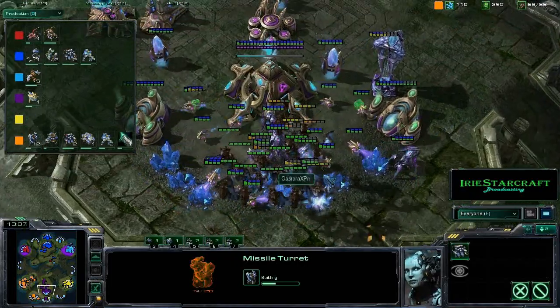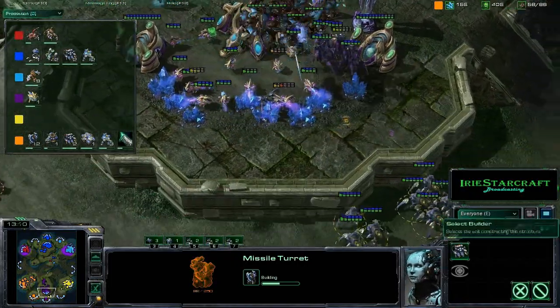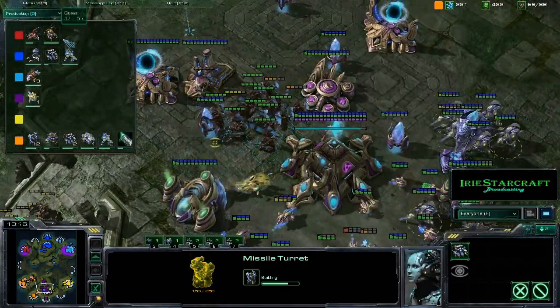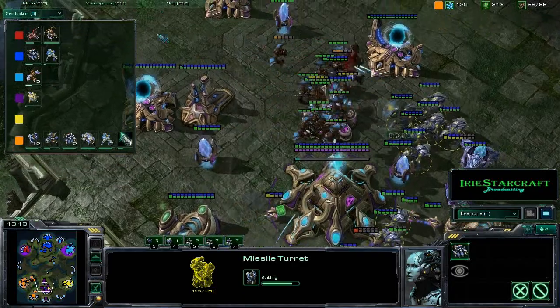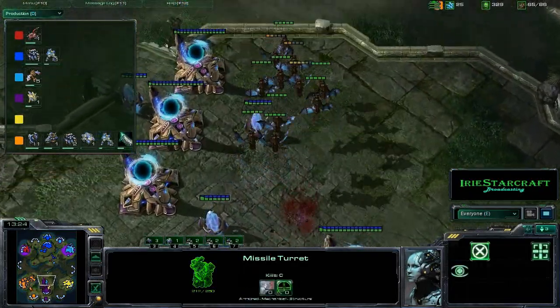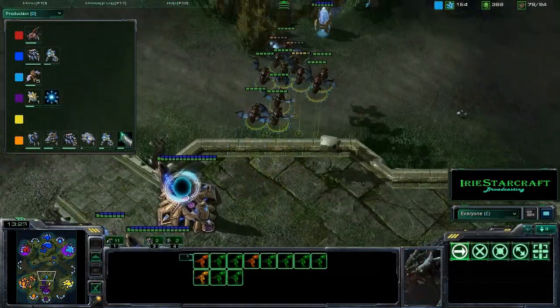And these Mutalisks possibly getting a little ahead of themselves, hovering over a bunch of Stalkers, actually running away. Probably should have just kept fighting there, as BaByBlUe has now blinked his Stalkers up to try and kill. A lot of Mutalisks are going down right now. And yeah, Castera with his mass